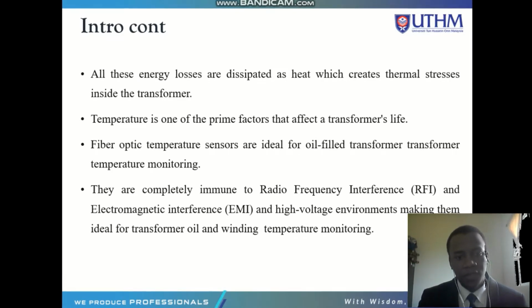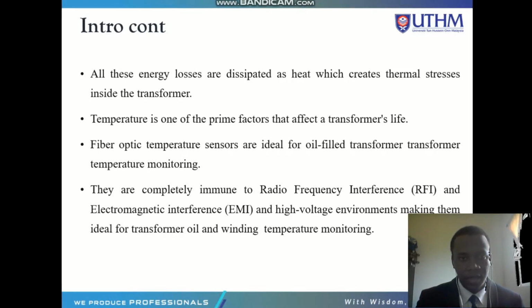So temperature is one of the prime factors that affect the transformer's life. It means when we cannot control the temperature inside the transformer, it may reduce its life, or it may even cause serious damage to the transformer. So in order to do so,